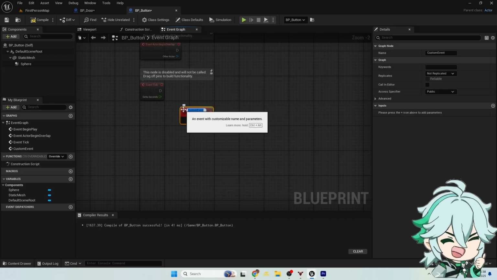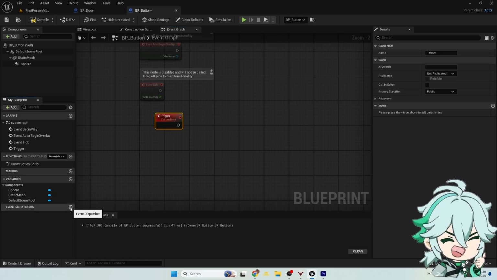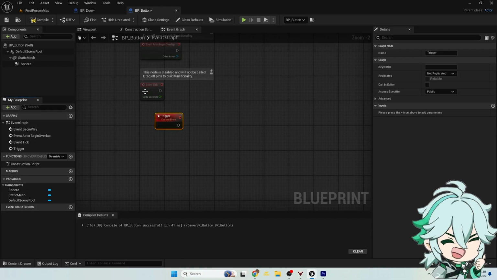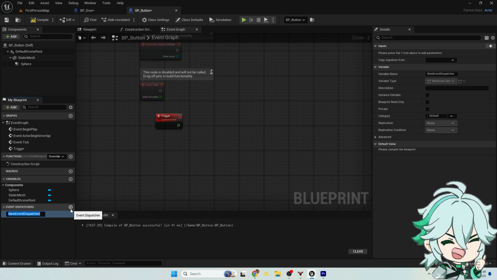I'm going to name it trigger, and then I am going to make an event dispatcher, which is the most important part of this connection. It will allow us to access the other functions and events from button to door. So we make an event dispatcher. I'm going to call it button triggered,